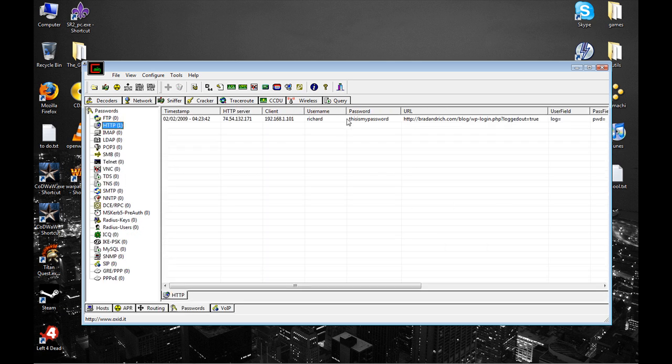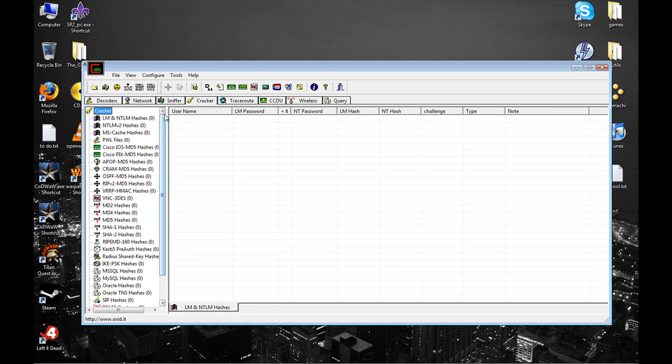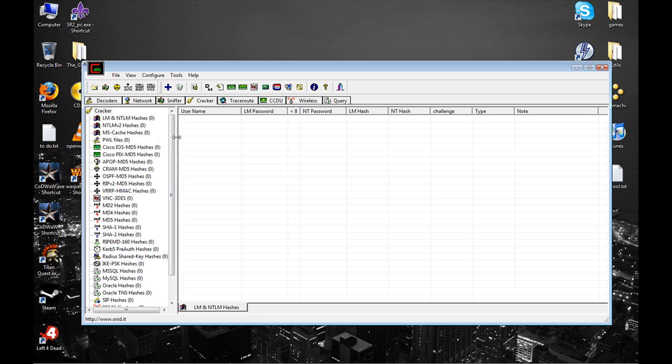Now, what you can do is, obviously, this password transmitted in clear text, but you can also send it to the cracker if it was in some sort of hash, and it can take a stab at cracking the hash. Obviously, since the password's already cracked, it didn't go here, but you can crack MD5 and SHA-1 and 2 hashes, which are some of the more common internet-type hashes. Also, you have the ability to crack LM and NTLM, which are your Windows password hashes, and I'm going to cover all that stuff some other time. I'm just kind of showing off the basic options of Cain. It's got some